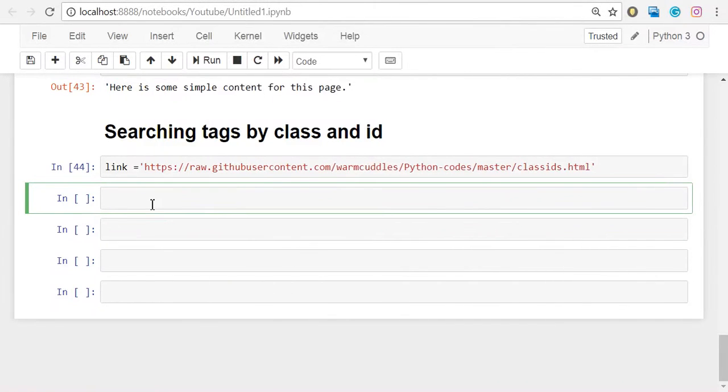Now searching tags by class name and ID name. Okay, so first let's make a request to this link. Response equal to requests.get this link,